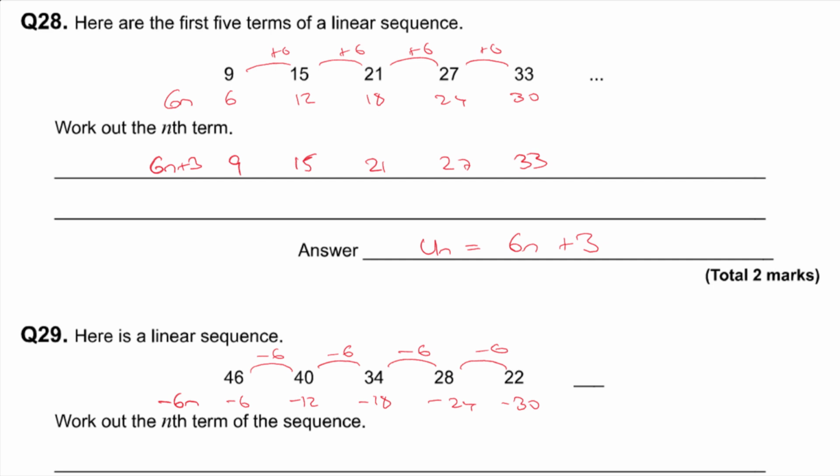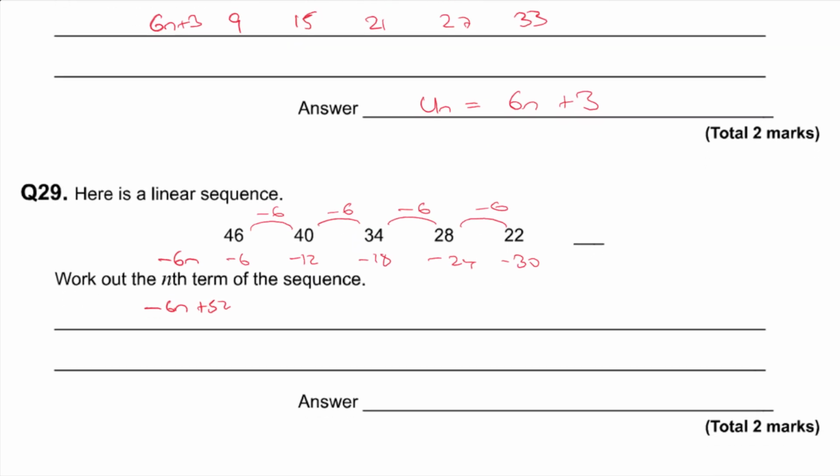sequence I've been given up here, but actually it does, because what's the difference between 46 and minus 6? That's 52. If you add 52 to each one of my numbers, it comes out to be the number from the sequence, doesn't it? So 52 minus 6 is 46. So if I got minus 6n plus 52, that gives me the desired sequence then, doesn't it? Minus 6 plus 52 is 46, minus 12 plus 52 is 40, minus 18 plus 52 is 34, and so